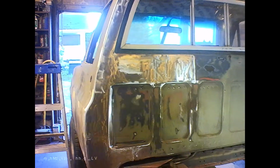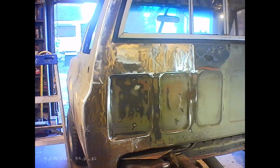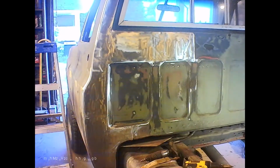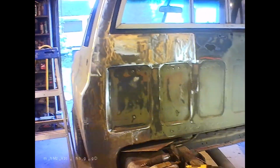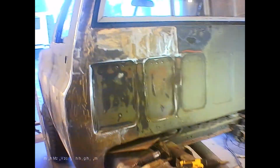So I've been stripping paint. It's been a few hours. It's slow going, you know. 5 layers of paint. My wheel is almost worn out. I'm going to need another one. I don't have enough there to finish, so I'm going to go as far as I can, and then